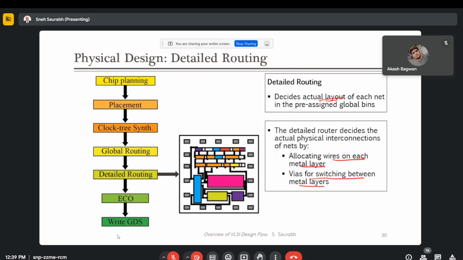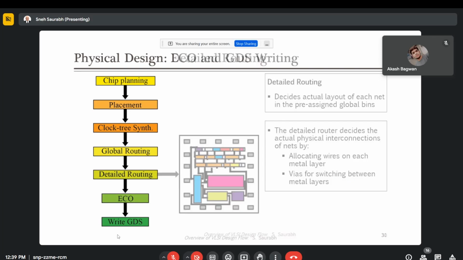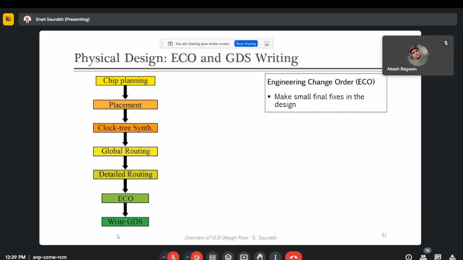routing phase. Right. So once we have done detailed routing, if some minor changes are required, those changes are done using ECO. ECO is what is known as engineering change order, right? So when we are at the end of the design flow, we do not want to disrupt the things which we have already built, right? So if we need to make any last moment change,